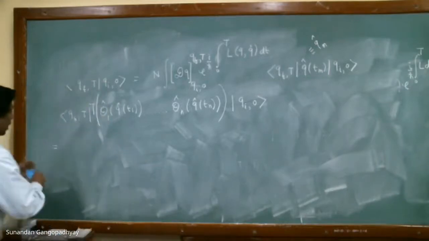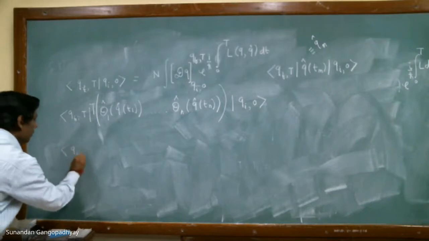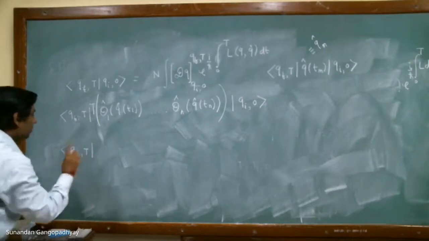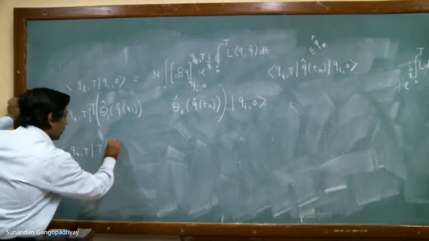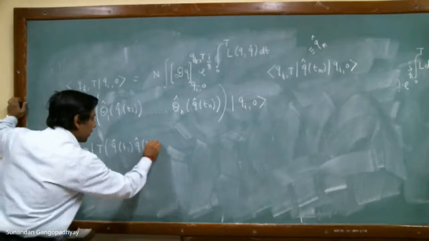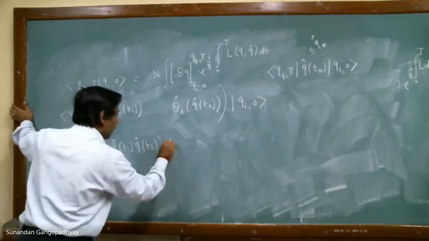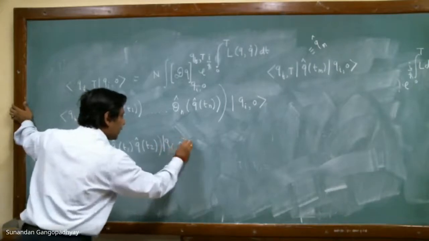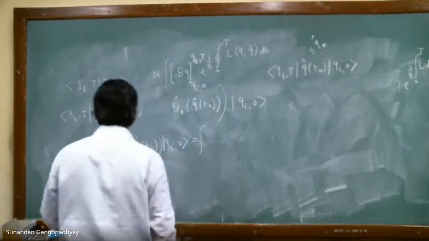Let me just go back to the earlier calculation. You see that in the QFT, actually, I made a small error there. I need to be careful here because if I had put in the expressions, it would be all right. So you see that this was the expression that I was considering. So this was equal to